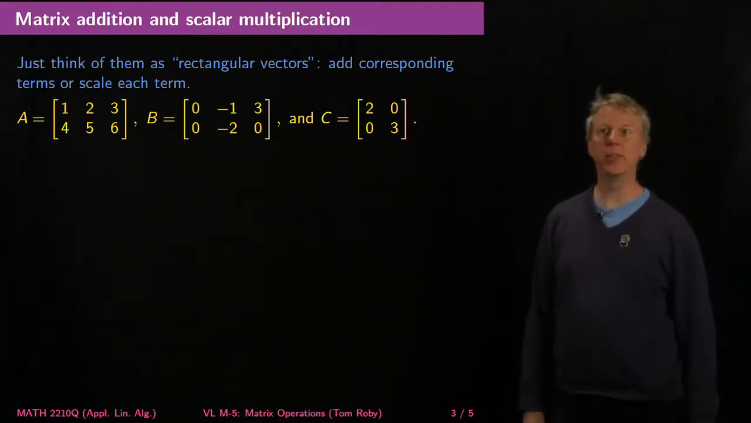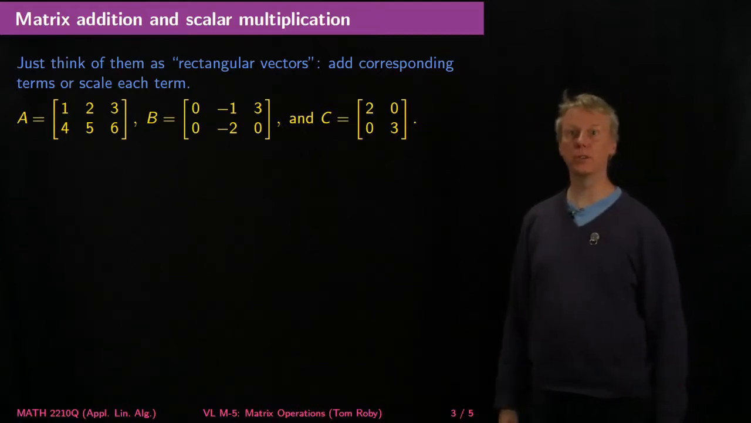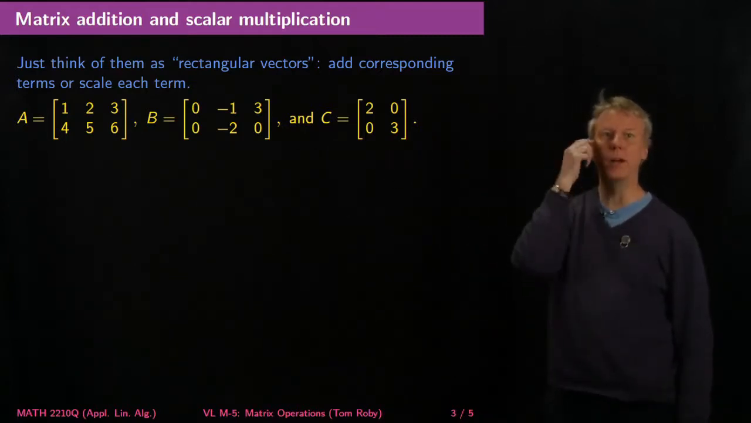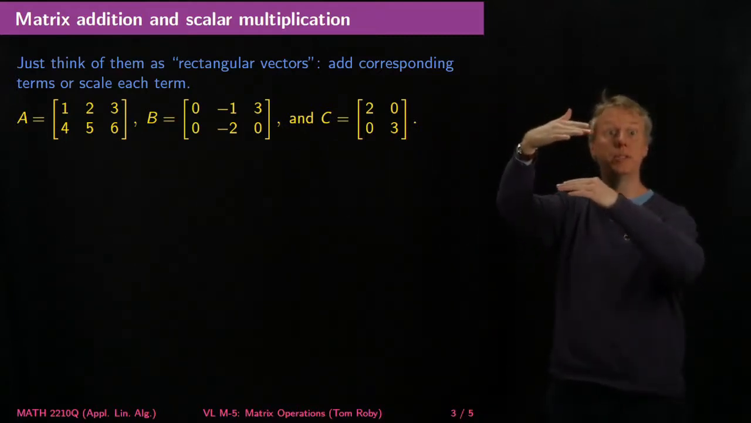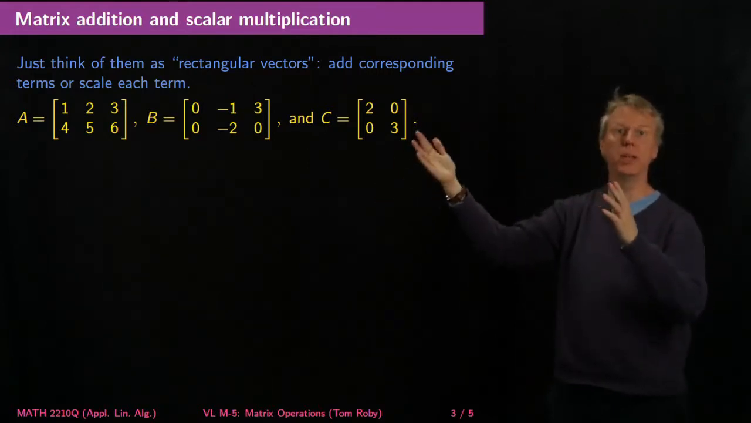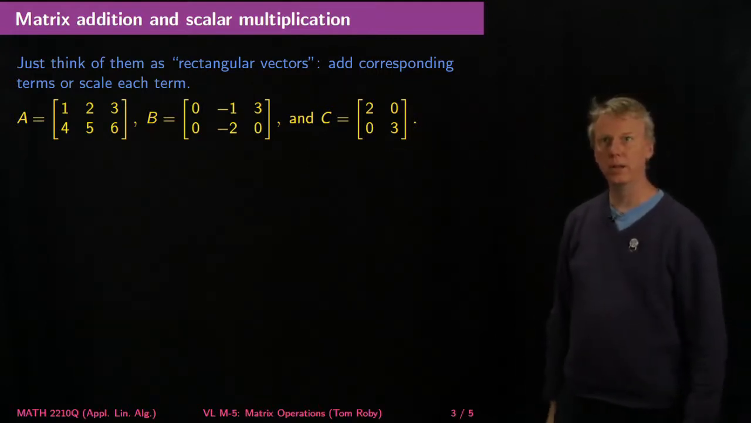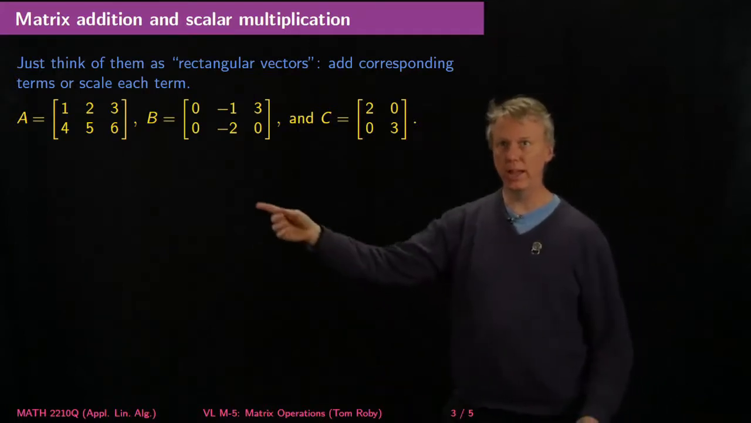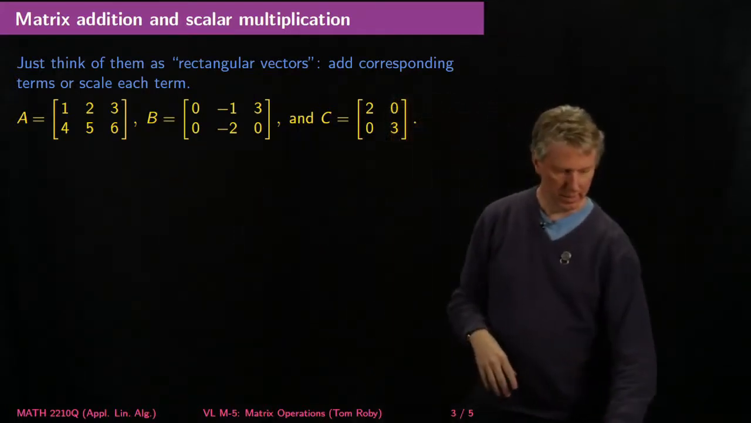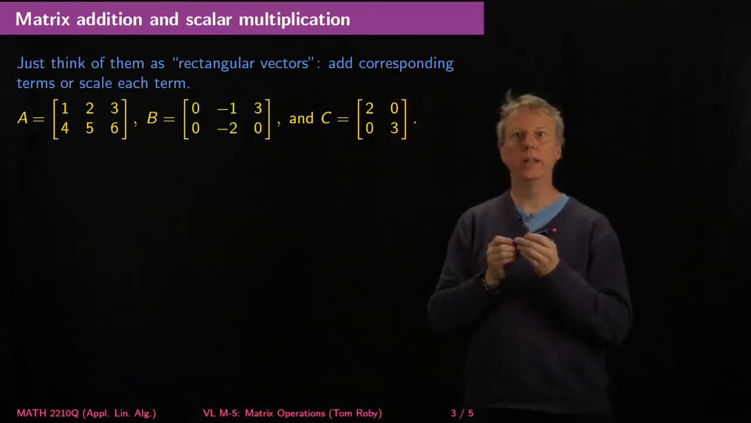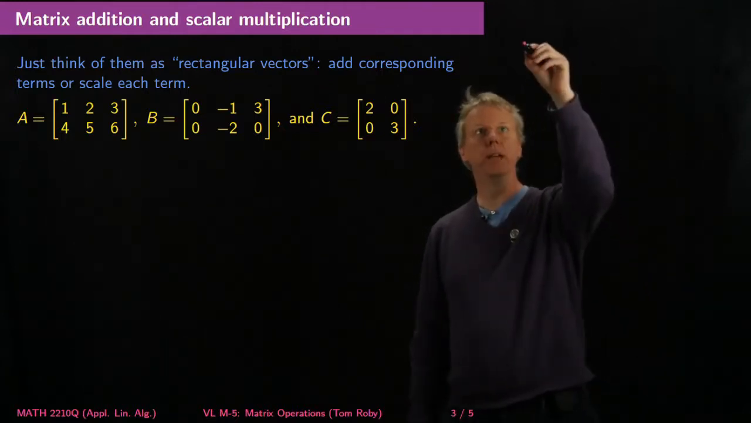We should just think about these things as being kind of rectangular vectors, right? The thing that's beautiful about vector addition is that it just happens component-wise. And scalar multiplication, you just multiply each component, right? So if I want to do something like add A and B to each other, then what do I need to do? Well, A plus B